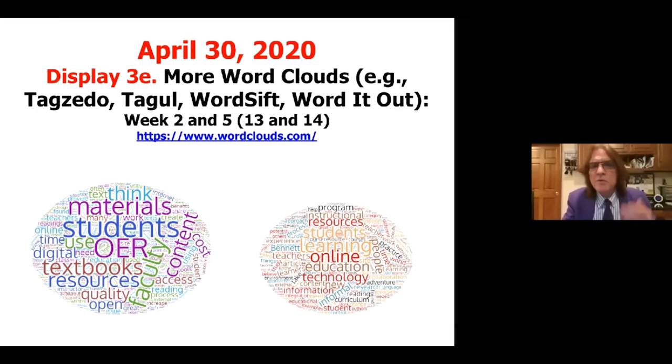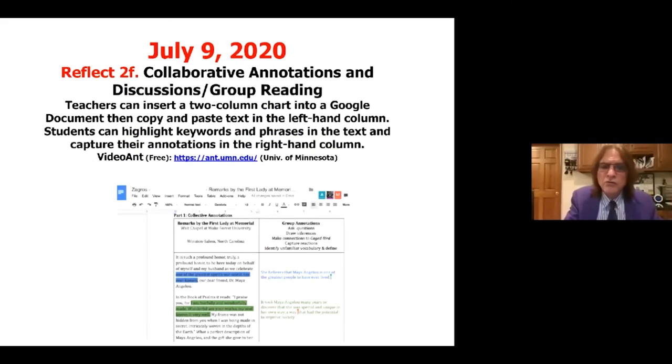And then there are collaborative annotation tools for groups to discuss articles, where you have the article on the left-hand side and you have the discussion showing up in the right-hand side. The University of Minnesota tool lets students discuss videos with a track that lets the comments show on the right-hand side.